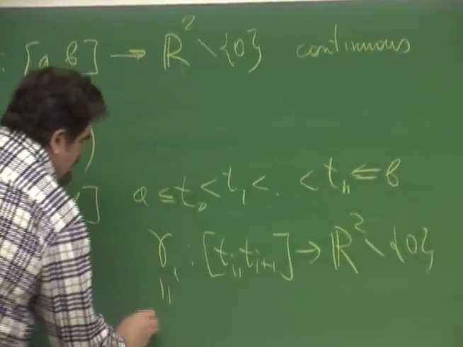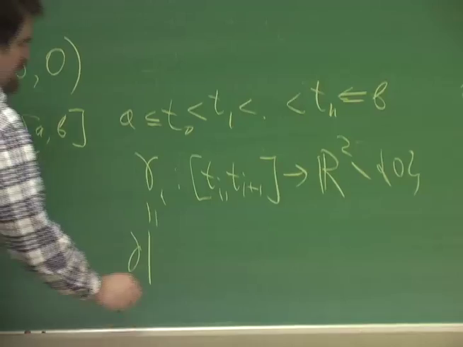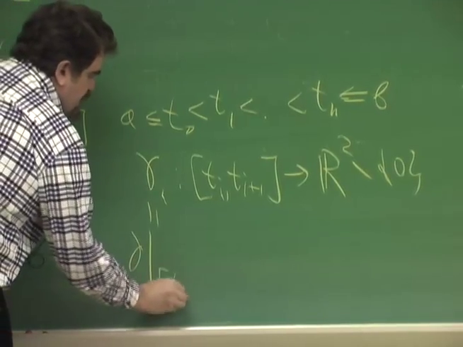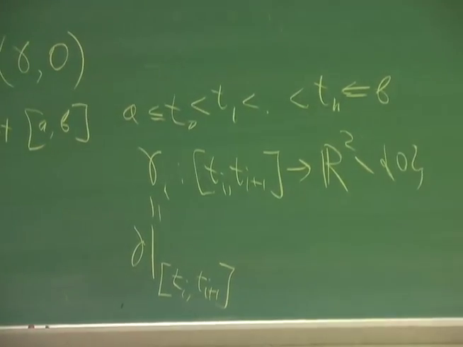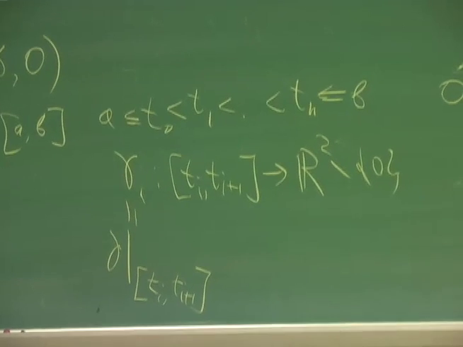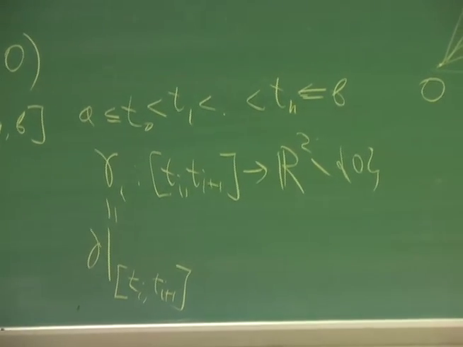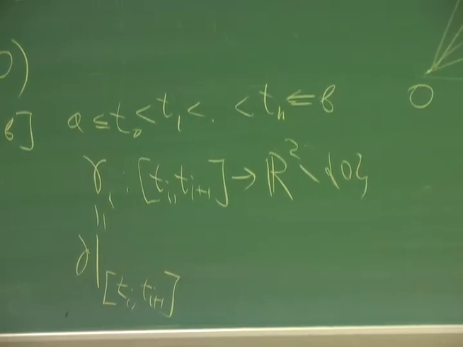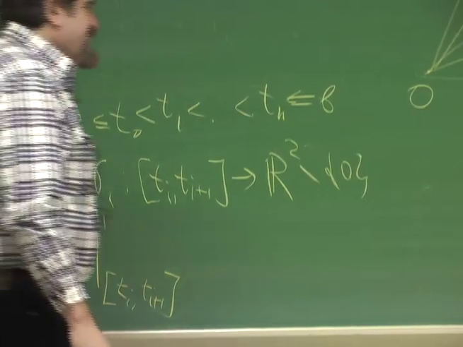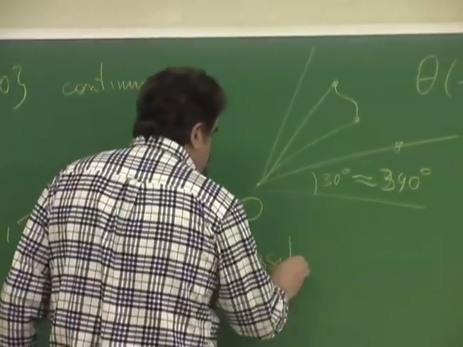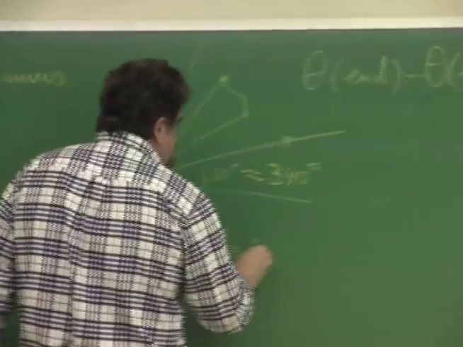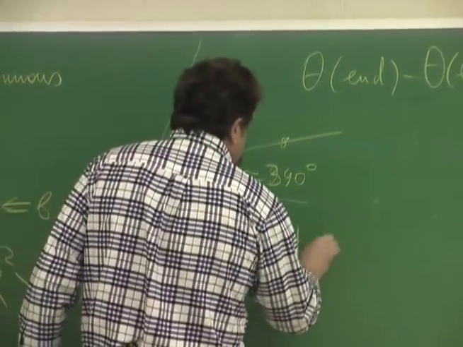It is simply the restriction of gamma to [ti, ti+1]. So that means we split our curve into small pieces. And one can easily show it is possible to split so that